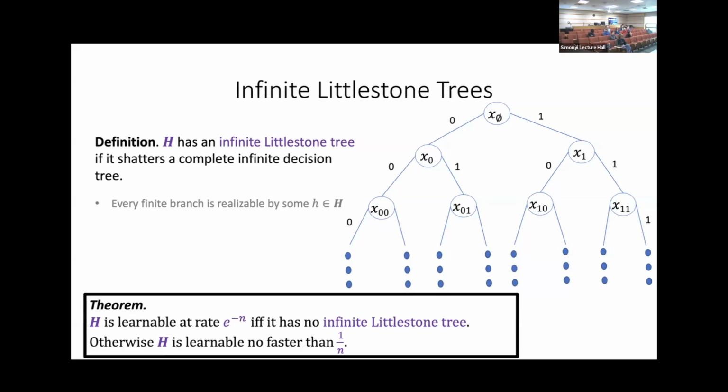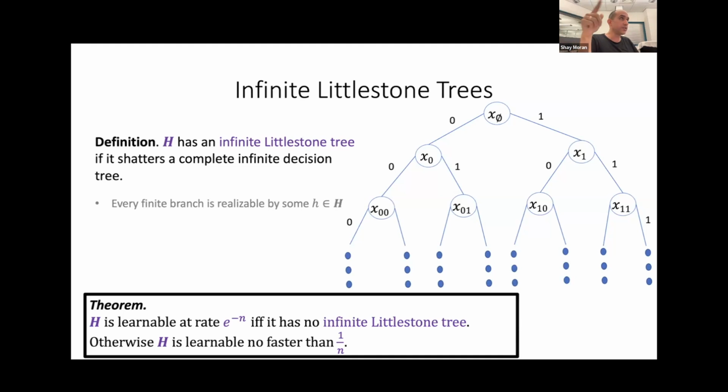And so what we see here is that once we have an infinite Littlestone tree, then Avi has a strategy not only to force, I didn't say when I win and when Avi wins. So I win the game if I made only a finite number of mistakes. Avi wins the game in the complementing case, if he managed to force infinitely many mistakes. And what we see here is that if there exists an infinite Littlestone tree, then Avi can in fact force a mistake in each and every round. So not only does he force infinitely many mistakes, but I am never right, actually.